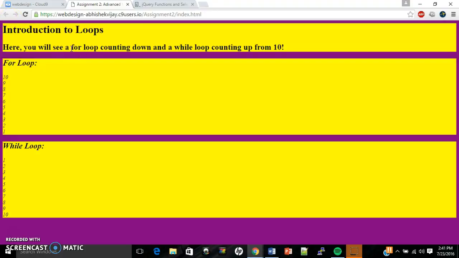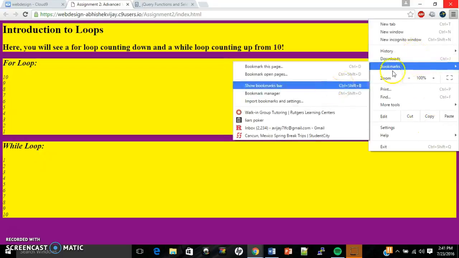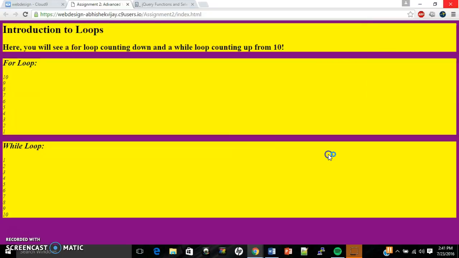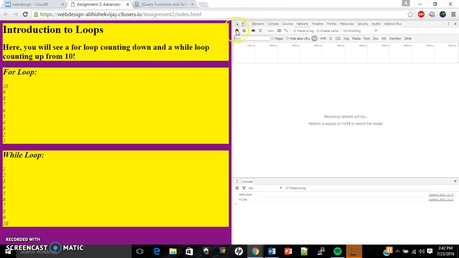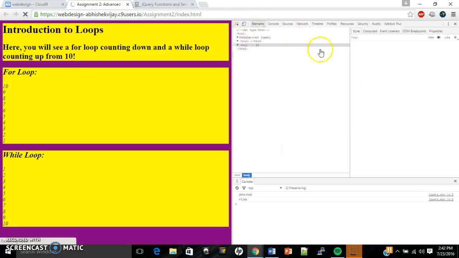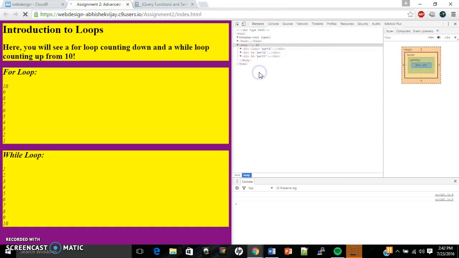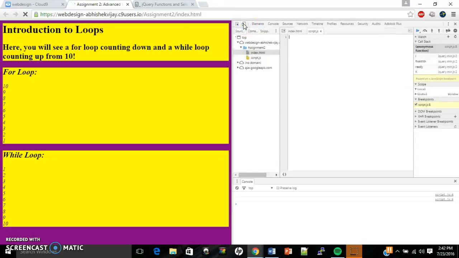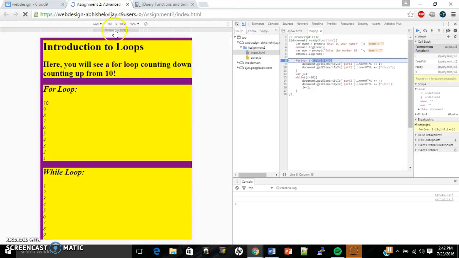Now let me show you something cool that we can do with this in developer tools that we didn't go over in class. So I was doing some research, and a cool thing that you can do with developer tools that we didn't learn in class is right over here on the top next to elements. It shows you a simulation of your page based on what kind of device you want to use,